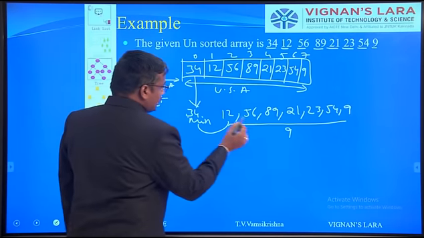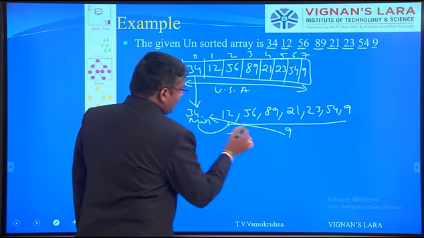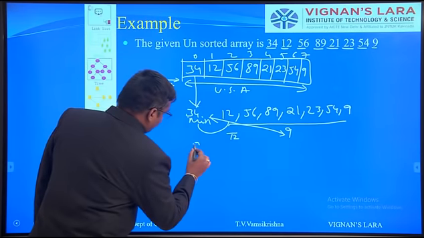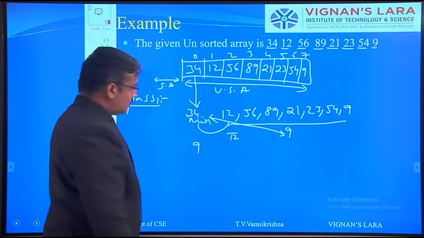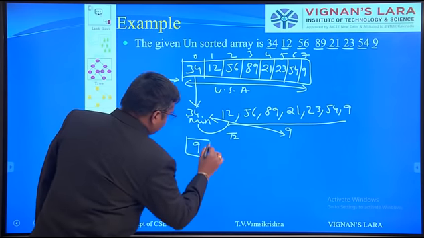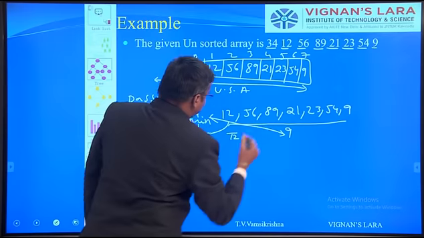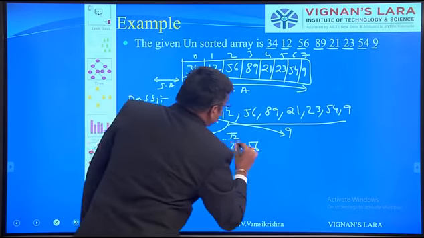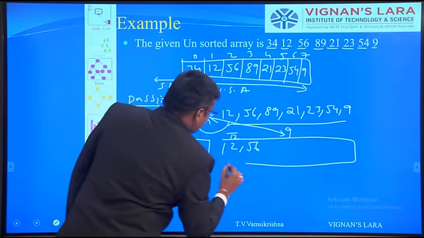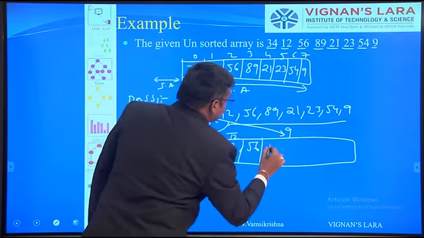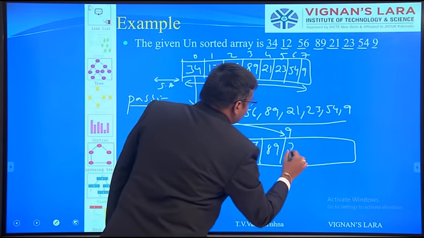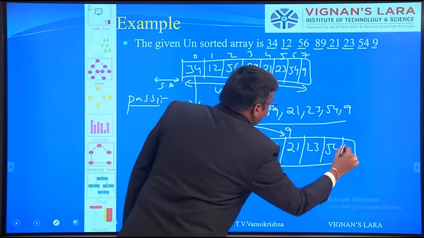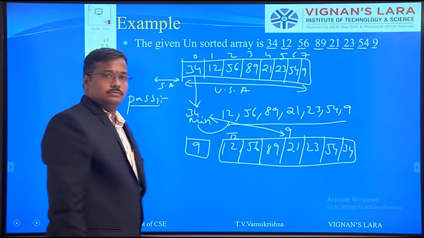So at the end of the iteration, 34 and 9 are swapped. 9 comes to the first position and 34 goes to the last position. The array is now 9, 12, 56, 89, 21, 23, 54 and 34.